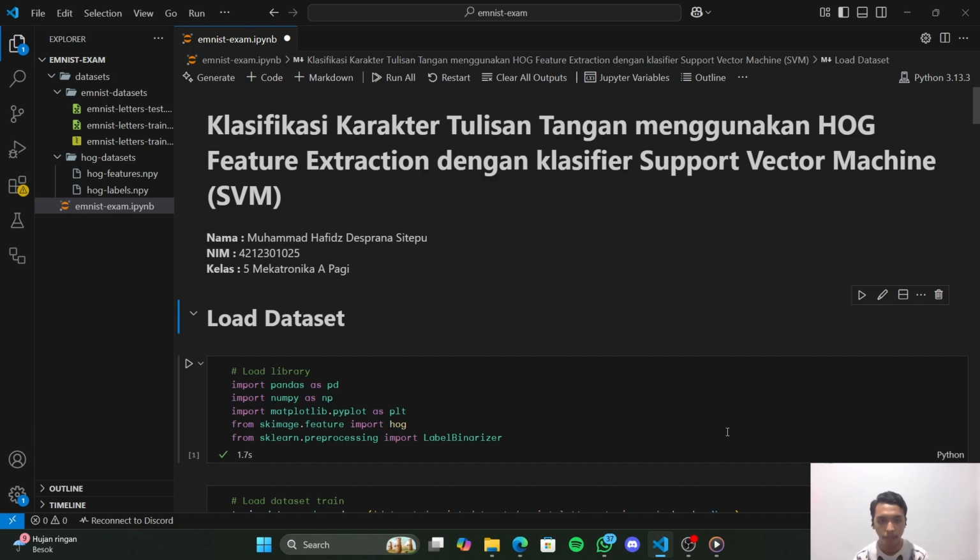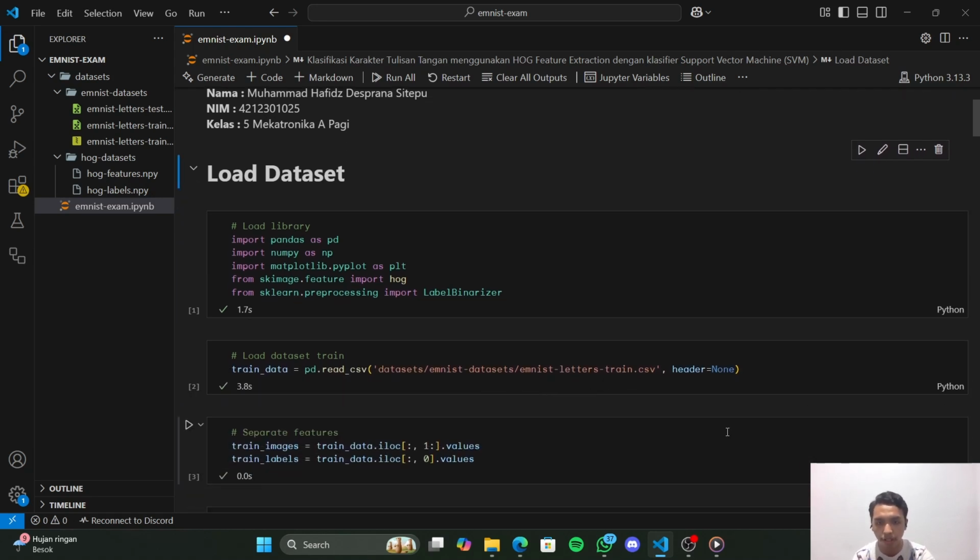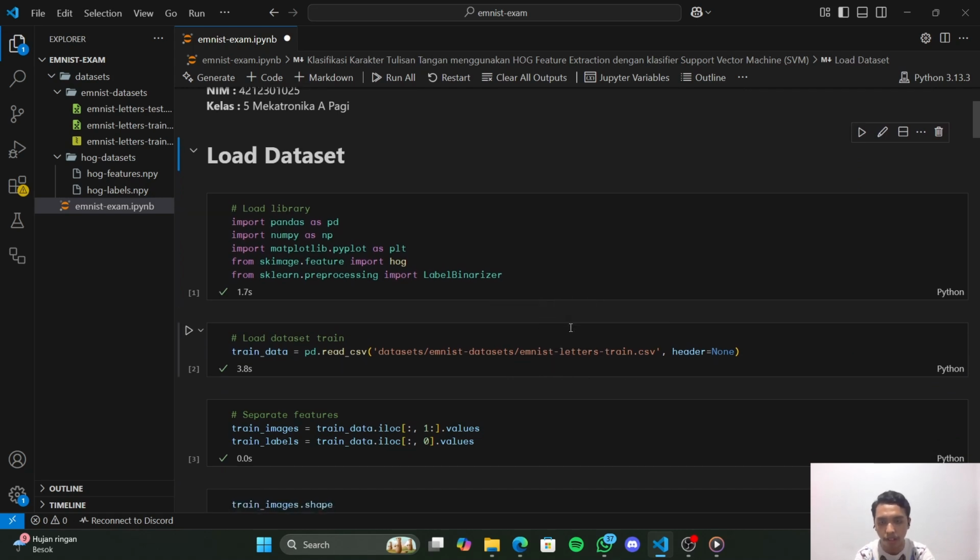Here I will present my project about classification of handwritten letters using HOG feature extraction with the classifier being Support Vector Machine, or SVM. The first thing we need to do is load the dataset, and